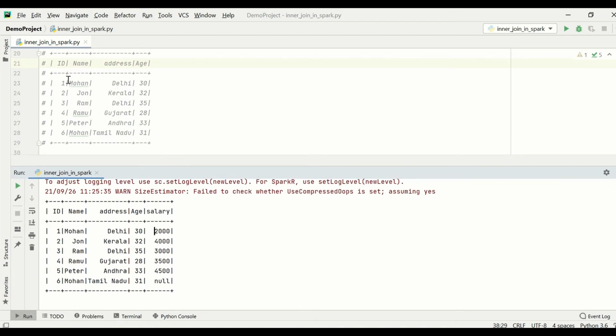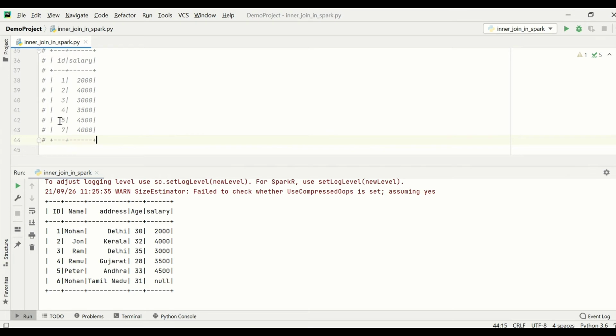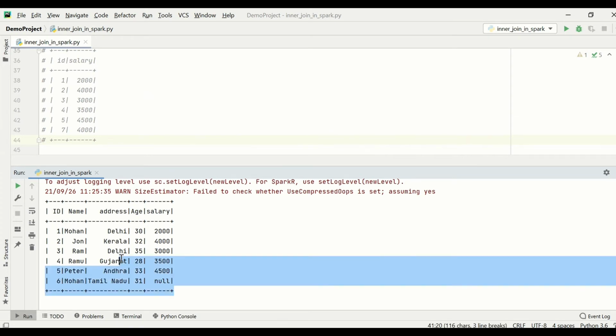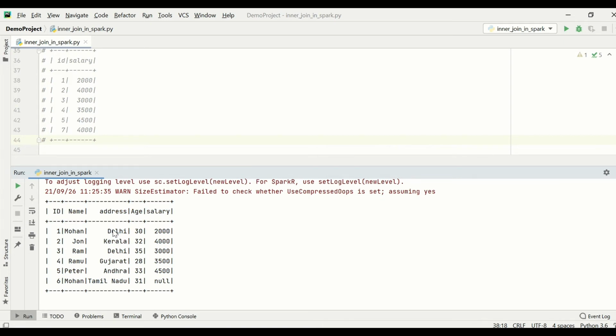We have 6 rows here and we got all 6 until Mohan, and you can see there is a missing sixth ID in the salary data set. That is why it has shown null for the salary. I just took it as an example to explain to you. In real time you will find different scenarios, where you join fact tables like sales and customer tables.